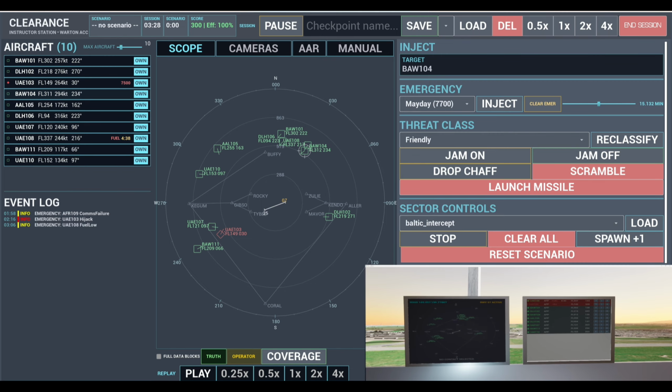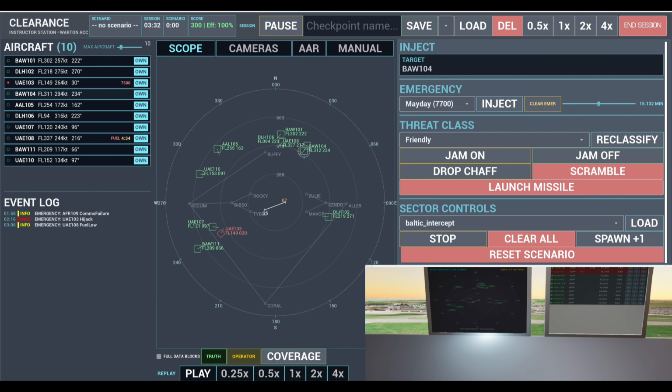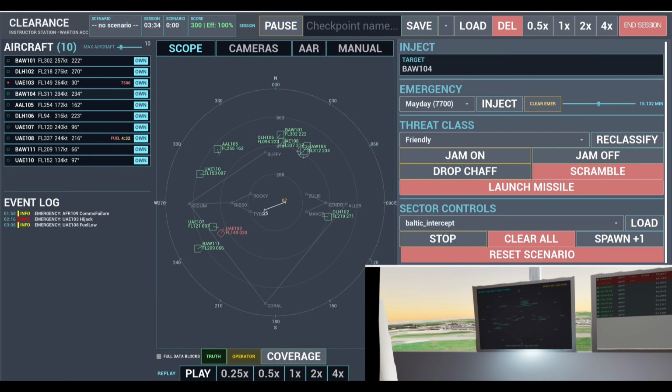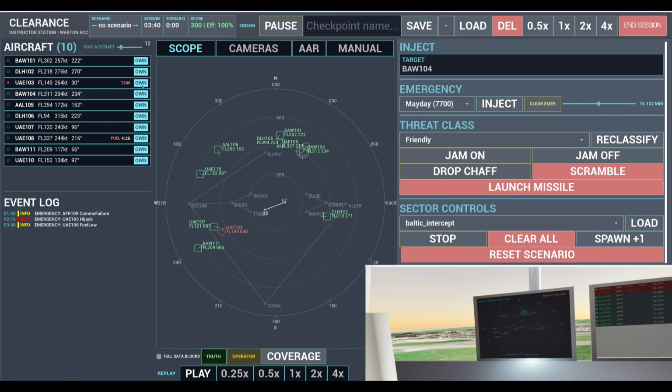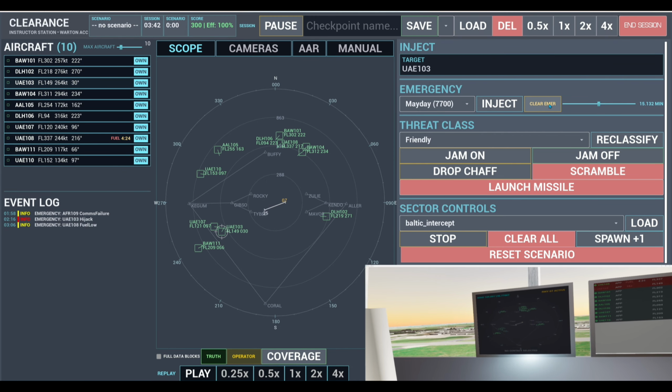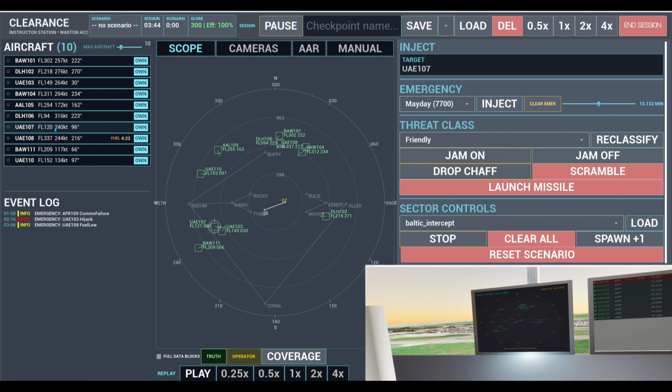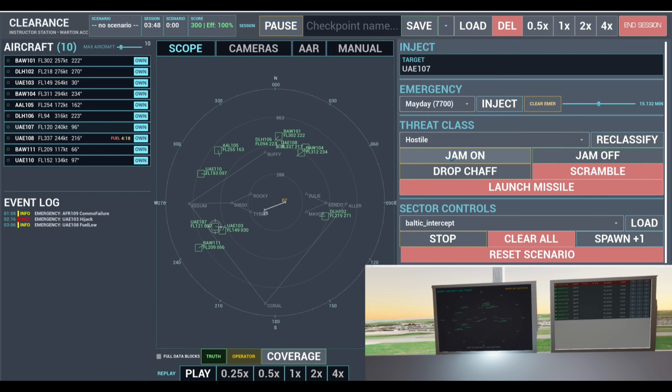So we've got runway 7 active now from the instructor station. And if we look at the monitor on the left, you'll see that runway 7 is now active. And the wind details at the top left also have changed. So if we keep clearing those emergencies there, if we classify an aircraft as, for example, a hostile,